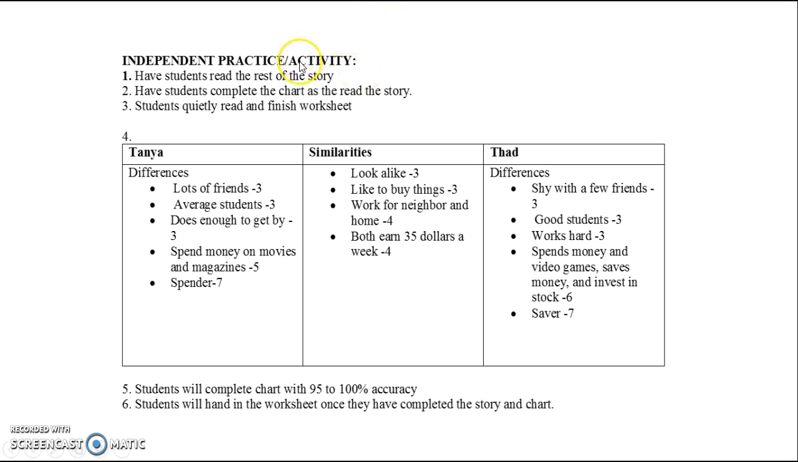Now here's the independent practice and activities section of the lesson plan for the teacher. First, we'll have the students read the rest of the story, have students complete the chart as they read the story, students quietly read and finish the worksheet. And this is what the worksheet fully completed will look like. Students will complete the chart with 95 to 100% accuracy, and students will hand in the worksheet once they have completed the story and chart. So on your own now